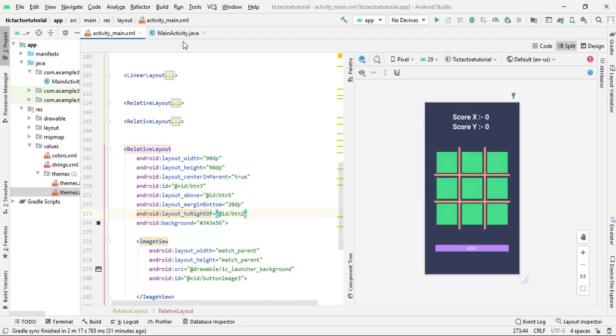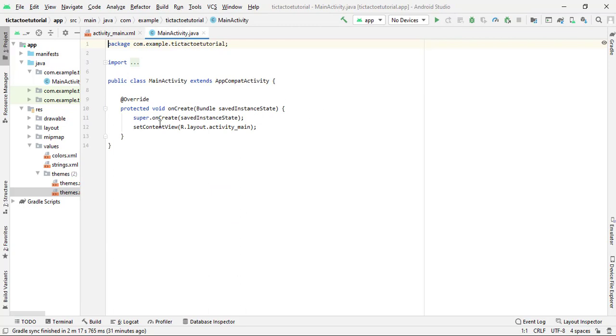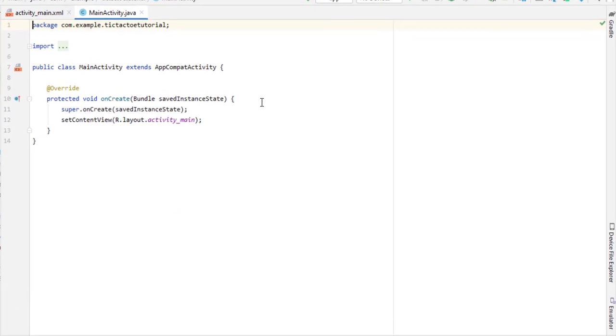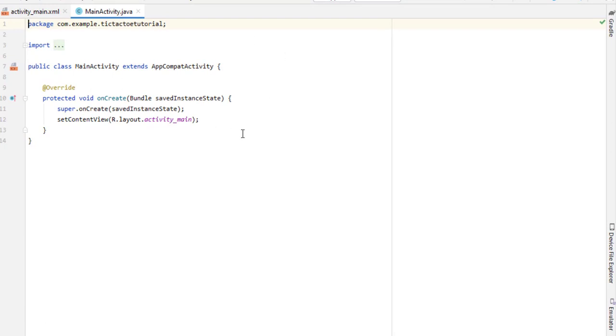So let's come inside our MainActivity.java file. So now we have to write the Java code. Before writing any code, first of all I want to say one thing. The Java code is going to be a little bit lengthy. I am not saying the code is hard. The code is very easy, but it is going to be a little bit lengthy. So make sure you write the proper code, and if you follow me, then you will never face any error. So make sure you follow me. So now let's start writing the code.